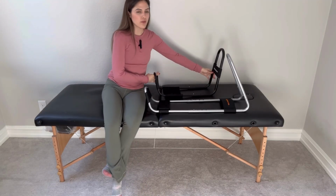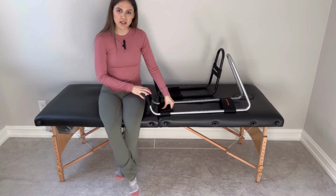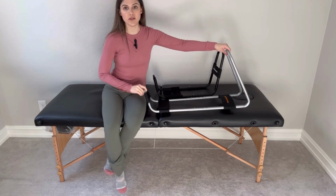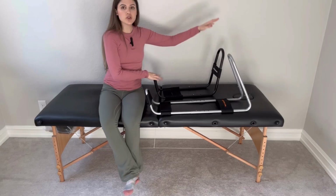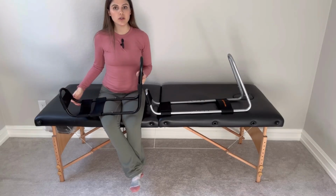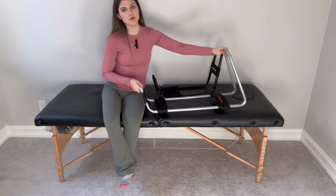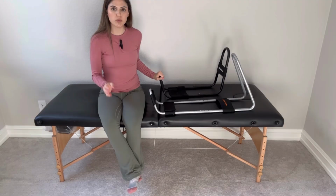So we have two devices here. Generally, after a knee replacement, you're going to want the bigger one. It's padded. It's also bigger. It's great for a knee that is swollen. If you are taller than, let's say, 5'8", you're going to want this big one. If you have a big swollen knee, you're also going to want this big one. If you're smaller, let's say you're 5'3", your knee is pretty thin, it's not super swollen, you can get away with the smaller one. The smaller one is cheaper, but it is less comfortable compared to the bigger one, which is more expensive. So we're going to go over how to use this today to improve your knee extension